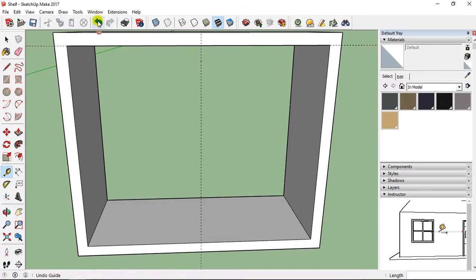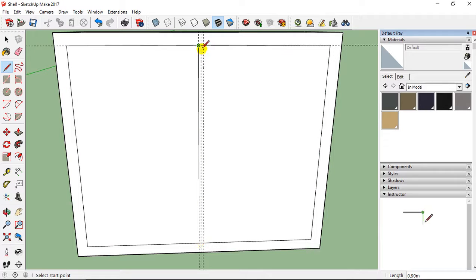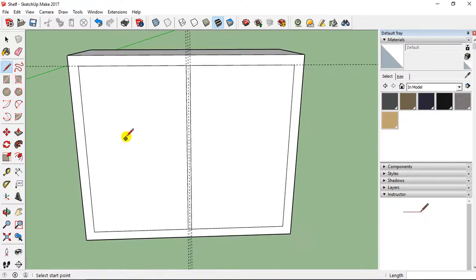Or maybe, no, maybe I'm going to do something different. So here I'm going to add, yes, here just 1 centimeter. And also here just 1 centimeter, like this. Then I take this tool, line tool, and I take this intersection to this intersection. And also this intersection to this intersection. Here I missed something, so I come back this intersection to this intersection.